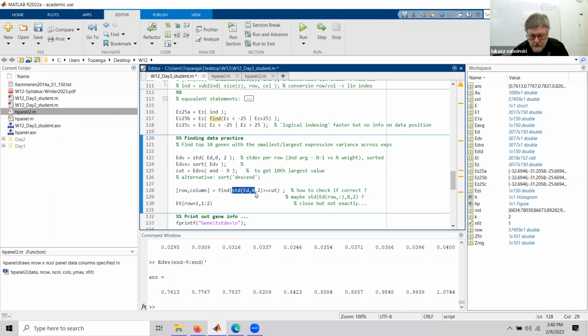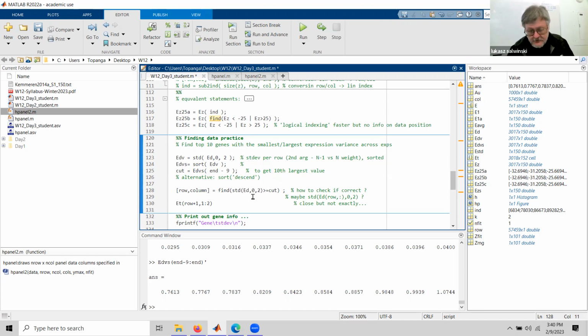And then we're gonna check if the standard deviation for a given row is bigger than or equal to our cutoff we set here. And if it is, then we're gonna get information about the row and